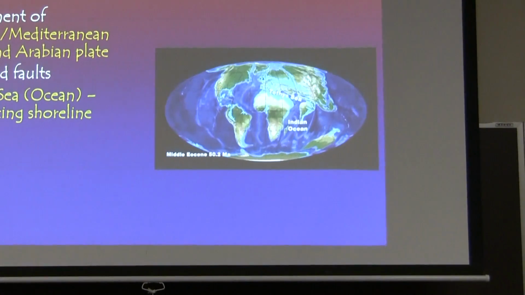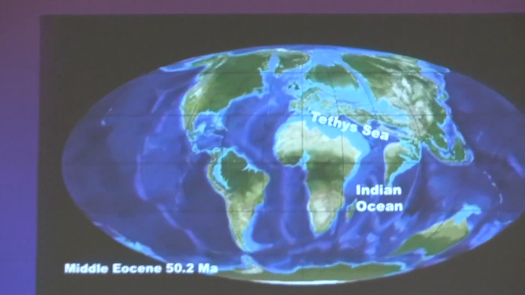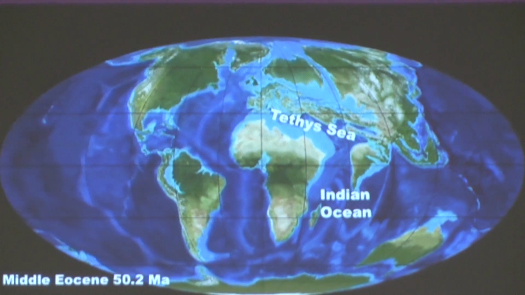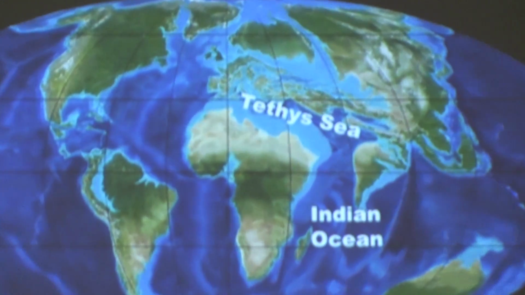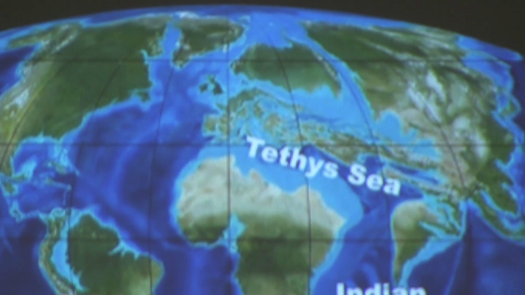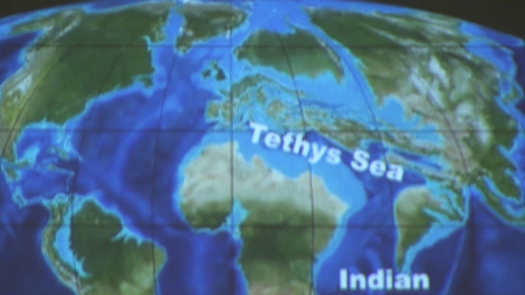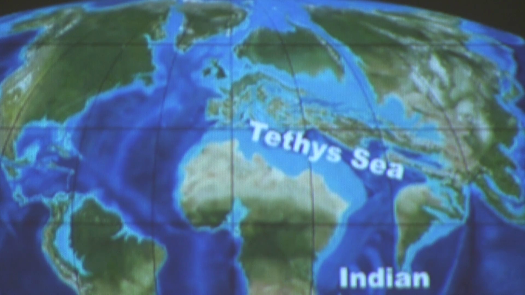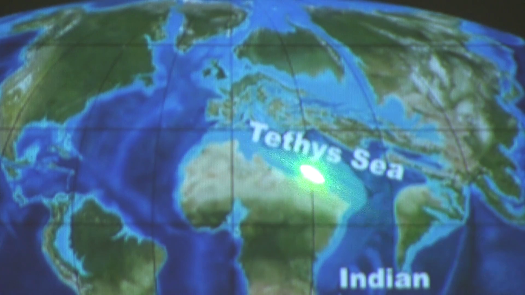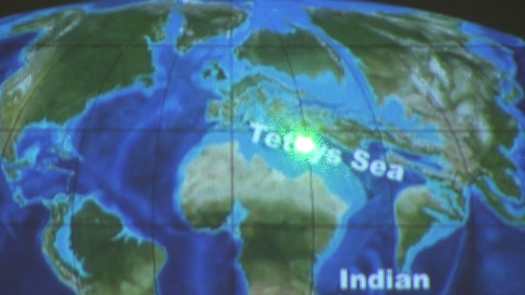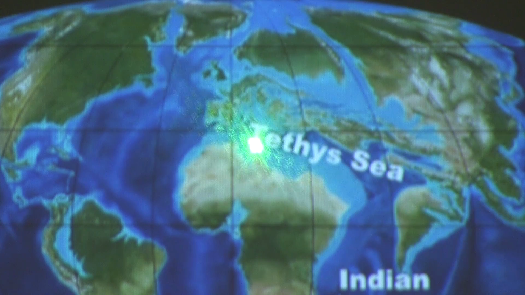Here is just a little bit of a picture. It's called the Middle Eocene period. Don't worry about dating that at all. But what I want you to see, the significant thing for us now, is that we see continents we recognize, don't we? So it means that we've had enough shift to see recognizable continents. But the area that we know of as the Eastern Mediterranean, in this particular time frame, Middle Eocene, is under the water of the Tethys Sea.